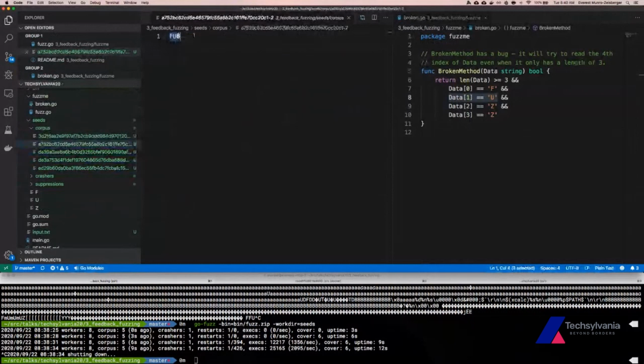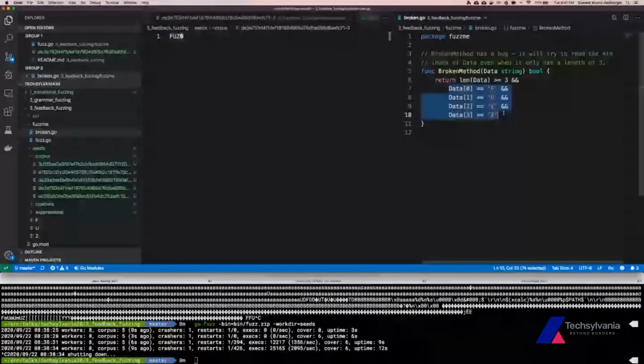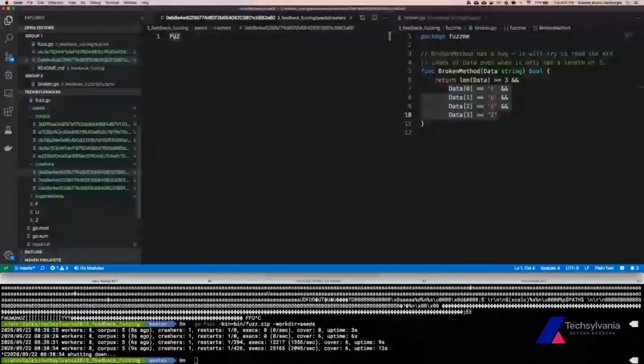that we hadn't seen previously, line 9, and so on and so forth this way until we get to, I believe it was this one that actually produced FUZ. And FUZ basically meant that it had covered all of the lines of code, but it didn't produce the bug because we actually had a string of like 4, not 3. And if we go and look at the actual crasher, I think what we'll see is that it is just the string FUZ. And so the mutation that happened there was it ran input that generated some new code, and